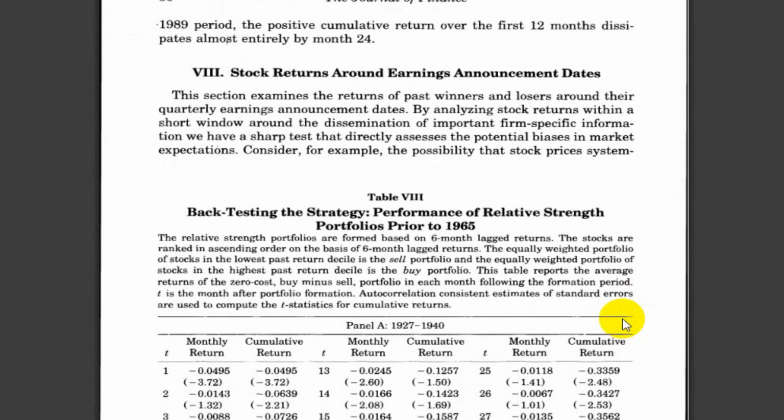Or up to section 8. Stock returns around earnings announcement dates. So here we're going to look at information around firm-specific information. In doing so, we can find whether our results from prior tests, where we found the idiosyncratic risk for individual firms and the underreaction of that information, is what causes or contributes to the excess returns of the relative strength